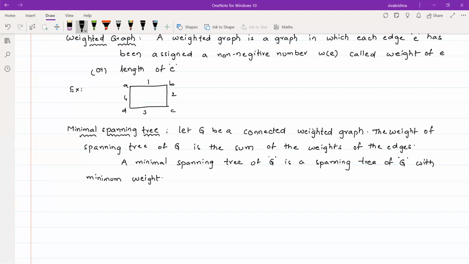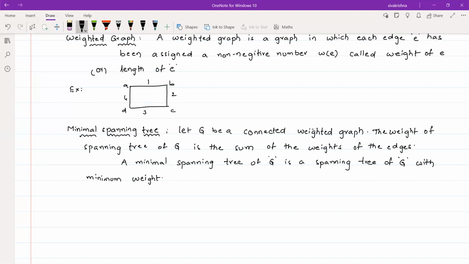Okay, so for understanding, once again, I want to explain with an example. So from the above example, that is a connected graph. If you want to find a minimal spanning tree, from that graph we have to remove one edge. Whenever we have removed one edge, then we get a spanning tree. Suppose if you want to find a minimal spanning tree, every time we have to select the edge with minimum weight. So first we have to select the edge with minimum weight, that is 1. It means we have to select the edge AB. After that we have to select the edge BC, and then we have to select the edge CD.